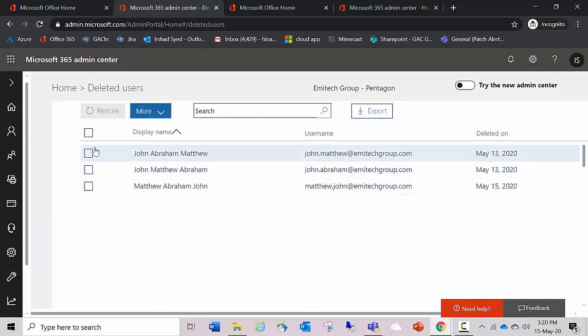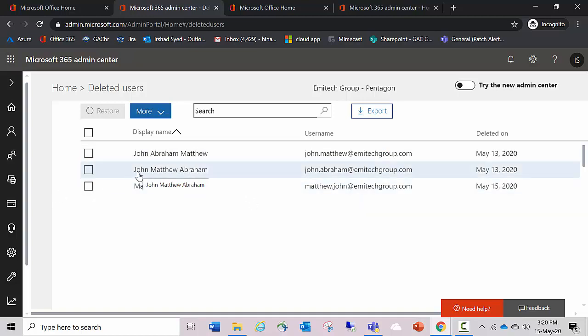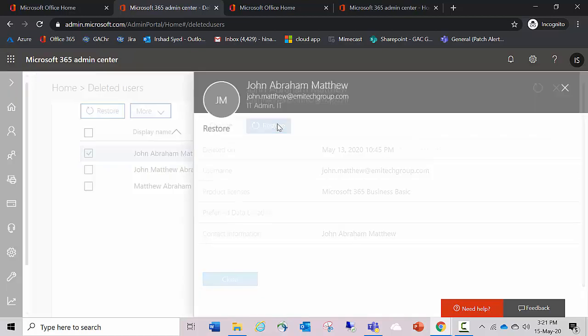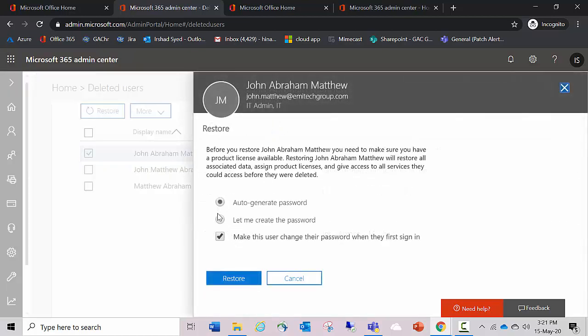Here you can see the users which you deleted recently, and as I said, within 30 days from the date of deletion you can retrieve this user without loss of any data. If you want to retrieve this user, just click on it and restore the user. Again it will ask to reset the password.